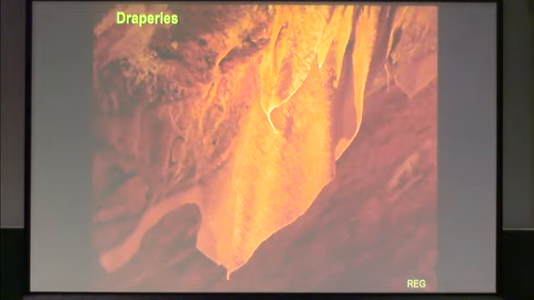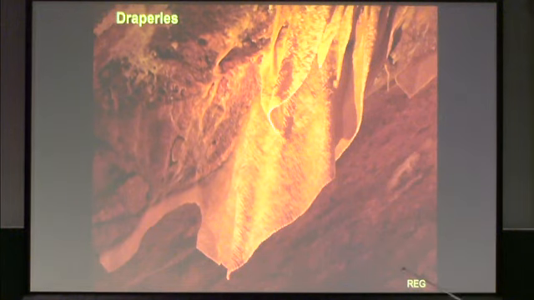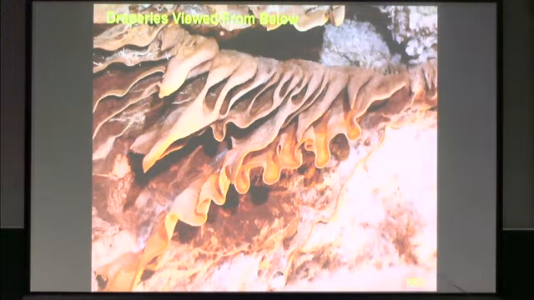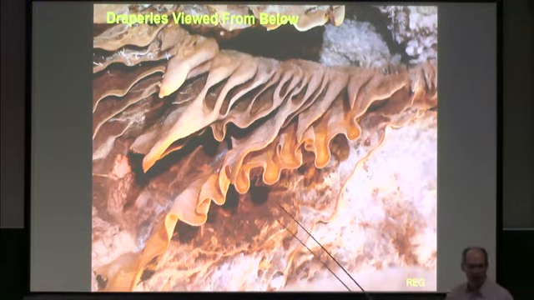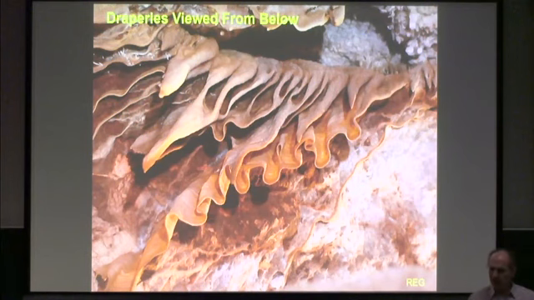But there are also these fantastic structures called draperies. I don't have a theory for these yet, but maybe that's what I'll do next. So they really look like curtains hanging in your living room. They're large, this big, and they have this beautiful scalloped edge to them, and if you look at them from below, you'll see this wonderful meandering structure. And I don't know about you, but when I look at an object like this, I say there's got to be a law for this.